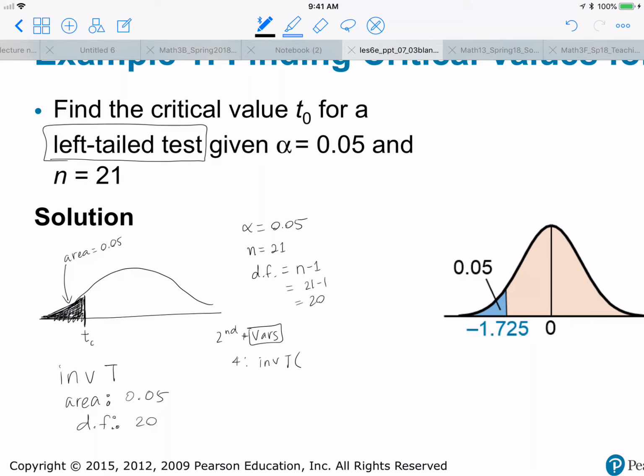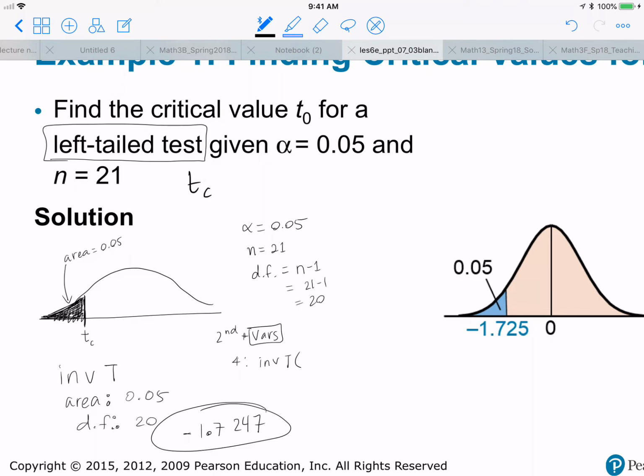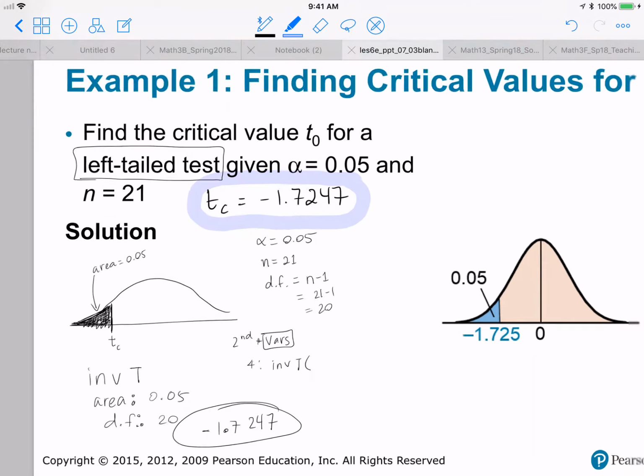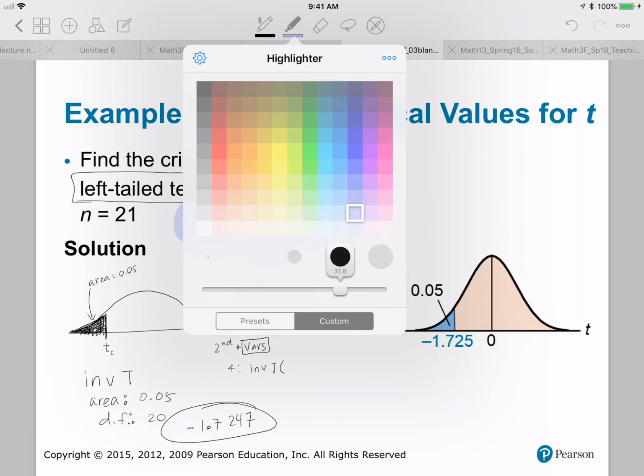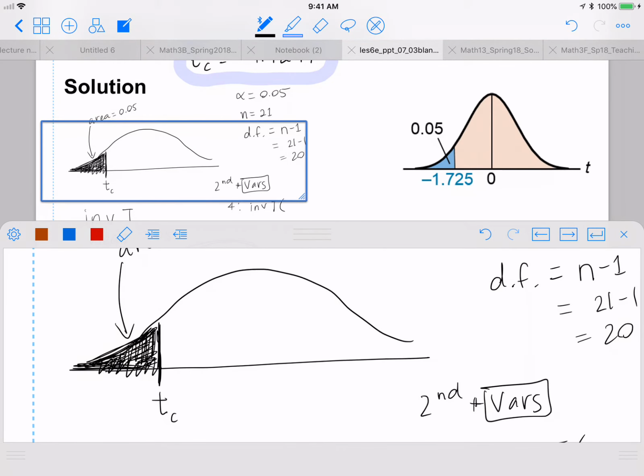We hit paste, and I got negative 1.7247. And so that is my TC. So let me in fact write this a little larger here. So TC equals negative 1.7247. And now once I have my critical value, then I know my rejection region is, let's blow this up here. My rejection region is